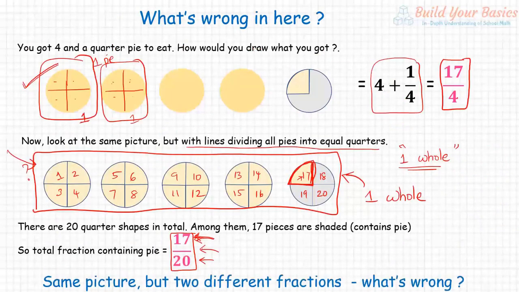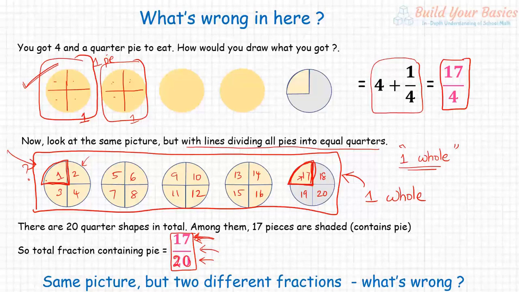But when we do like this here, when we say 20, right, in the denominator we put 20. 20 means the total number of identical pieces. Whatever we say as the total number of pieces, actually what it means is that is our one whole. We are saying that is our entire whole. So we are not identifying each as 1 pi. This is not 1 pi in this case. We are just looking at it as not as pi, but some common shape, one piece, like a quarter piece, right? This piece, there are 20 such pieces. So all the 20 pieces put together is one whole now.